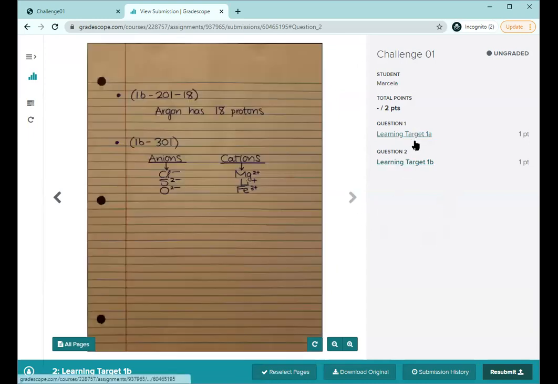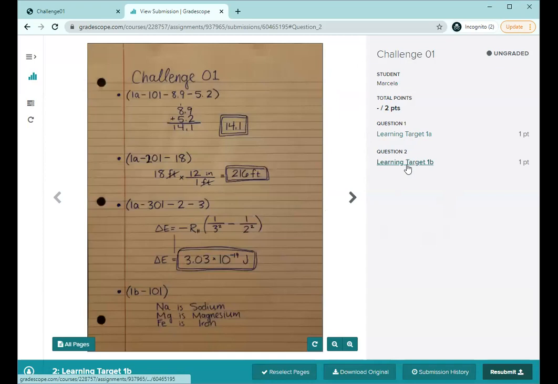If you haven't submitted these and assigned the pages properly, then when you click on these links to the side, nothing will show up here in this area of the page. If that is the case, you can reselect the pages, or if you've forgotten to scan a page, you are able to resubmit your file as many times as you'd like up until the deadline.